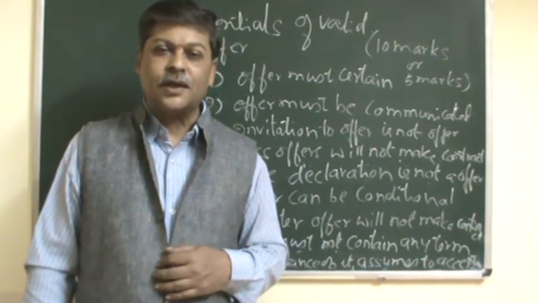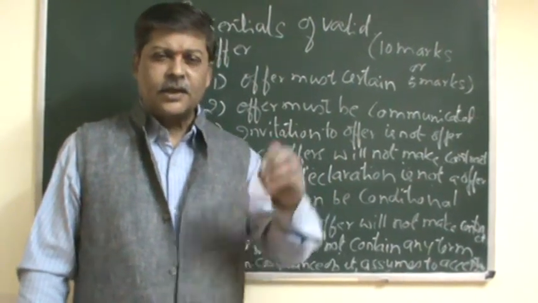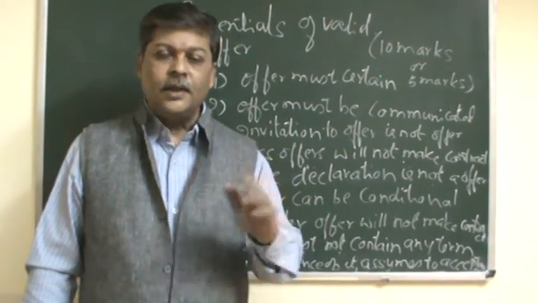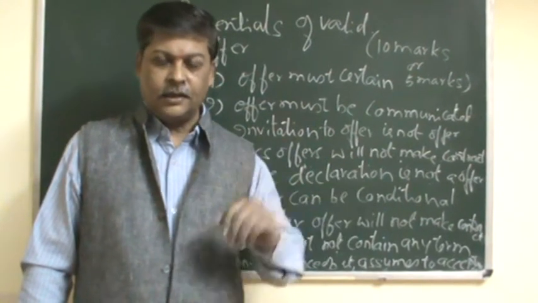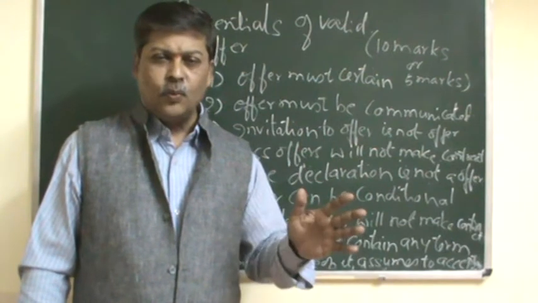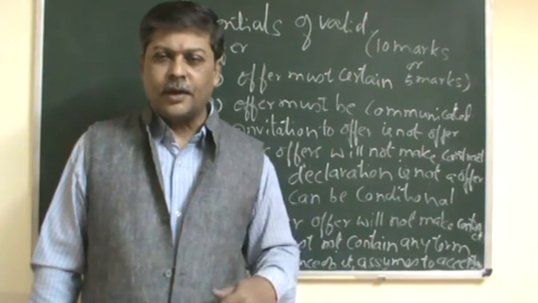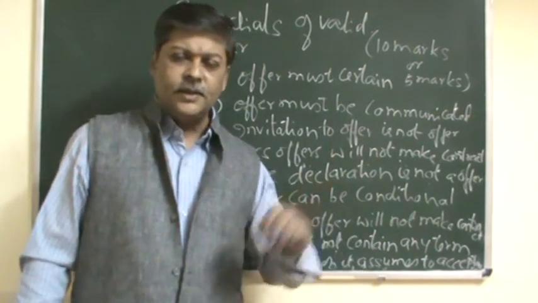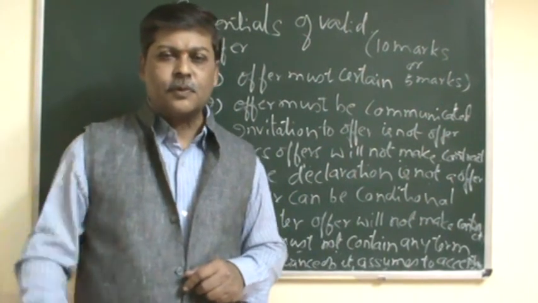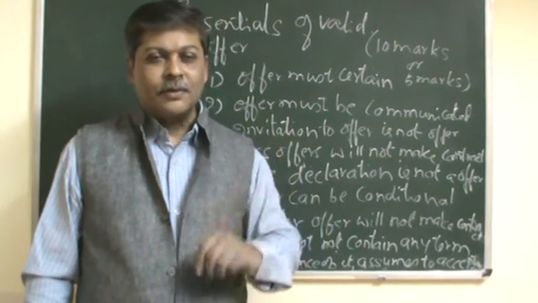A 5 marks question has come where mainly for the caselet they have given hypothetical cases. The case is stating that A is dealing with a variety of oils. He is dealing with sunflower oil, coconut oil, groundnut oil. He is a dealer. He proposes to sell the oil to B, and B accepts his proposal. But the certainty is not there. So you have to mention offer must be certain.